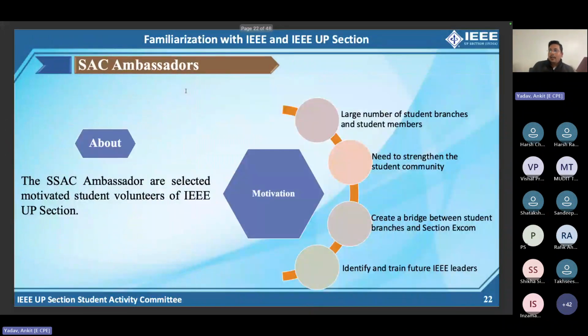Now coming to the SAC Ambassador program. There are two specific programs by the section for the benefit of members. One is the SAC Ambassador program and one is the Student Activity Committee. The SAC Ambassador program is basically a process of selecting some ambassadors from different branches of the section, to encourage them to participate in the activities, and at the same time to take benefit of the ambassadors in distributing the knowledge,